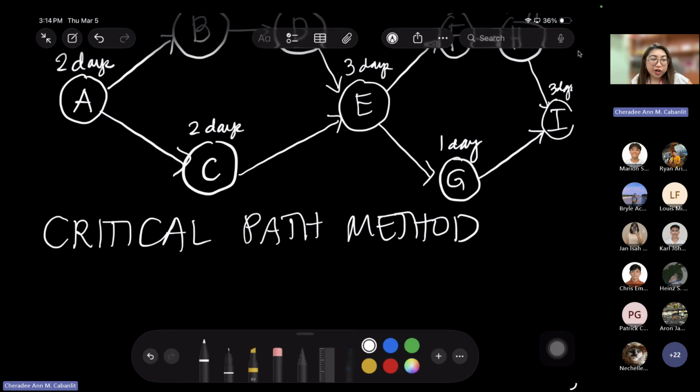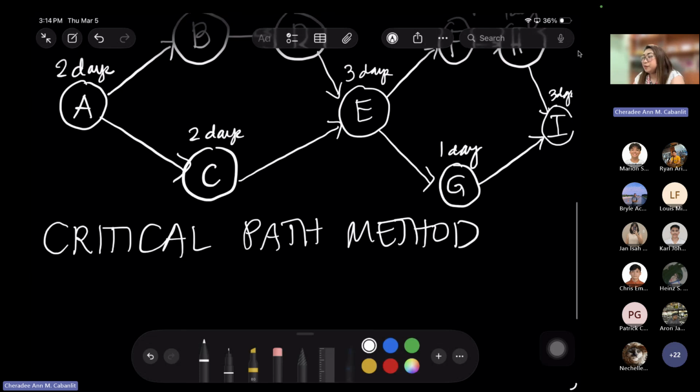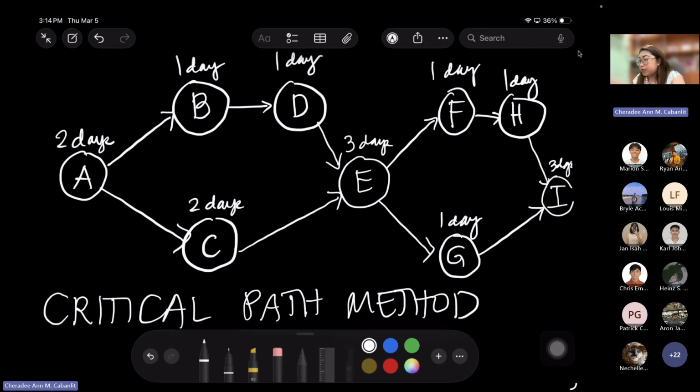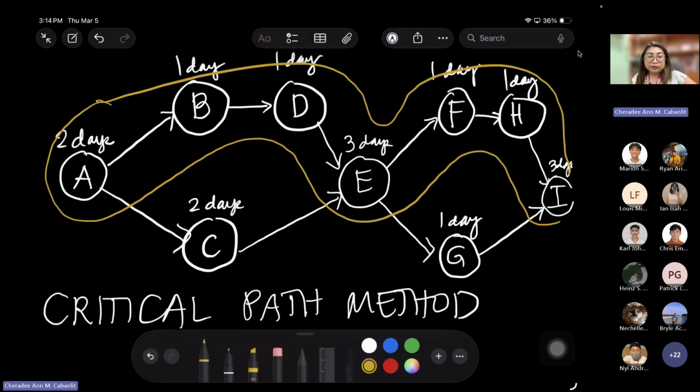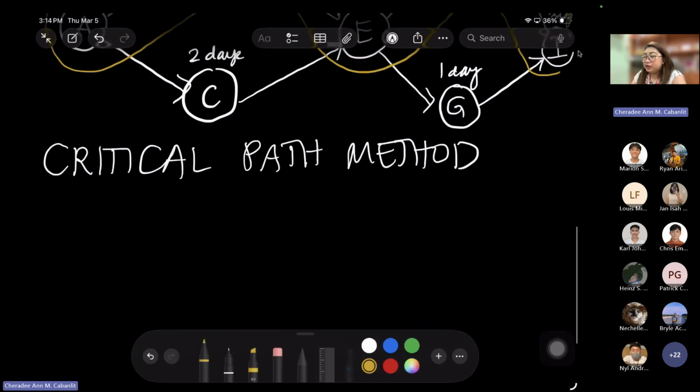So first, we start with the first path. So let me draw maybe yellow here. So the first path is A, B, D, E, F, H, I. Correct? That's your first path. So we write that down.